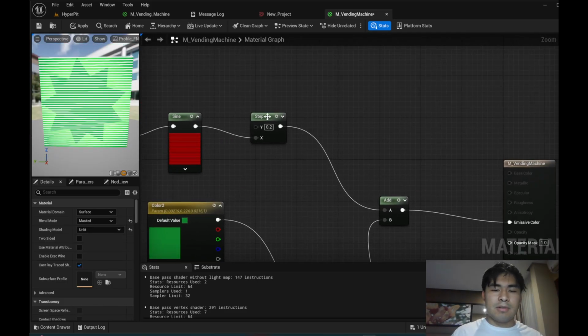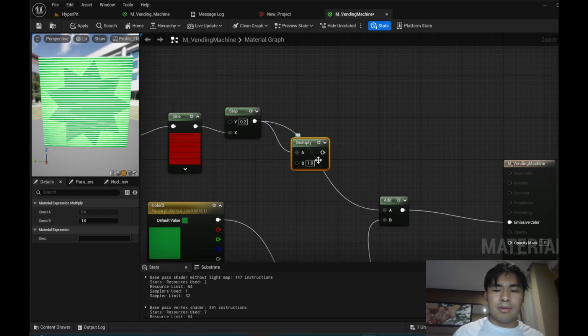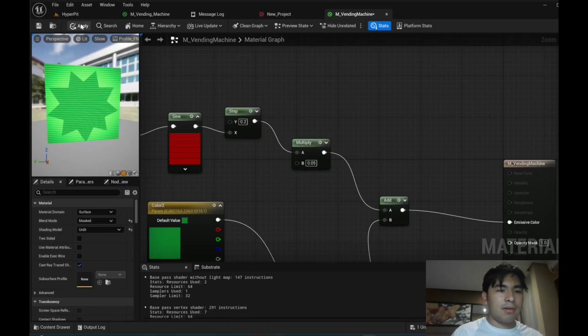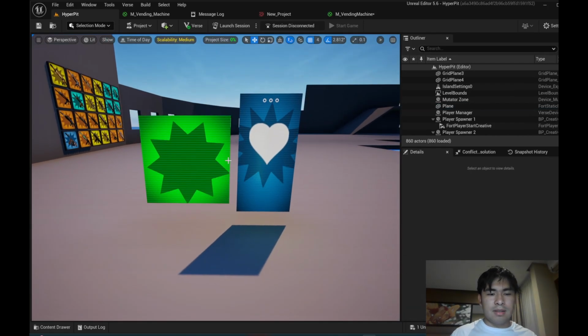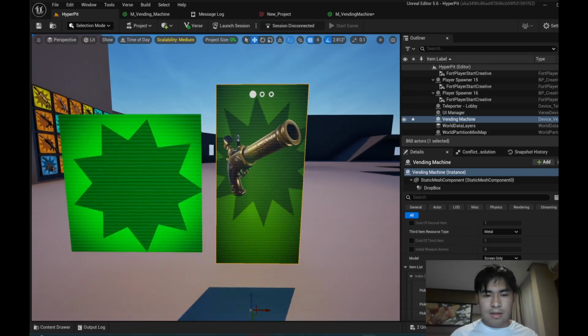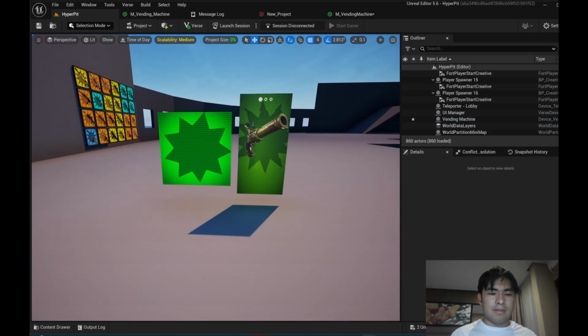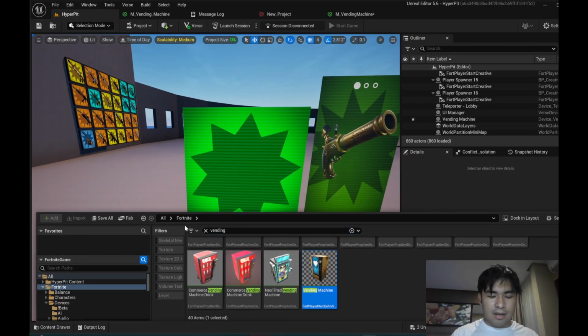To solve that, before this add node, we can drag this, get another multiply node here, and basically multiply this by something like 0.05. You can see we still have those little stripes in the background, and if we apply that, that is looking pretty legit. At this point, you can see that we have a really good solid copy of this. And now to actually add the item in here, all you need to do is get an item placer,